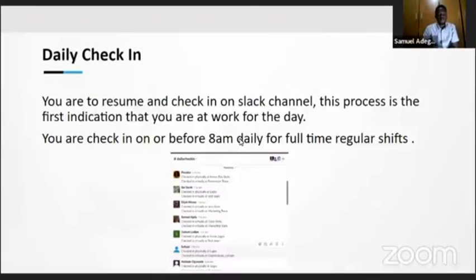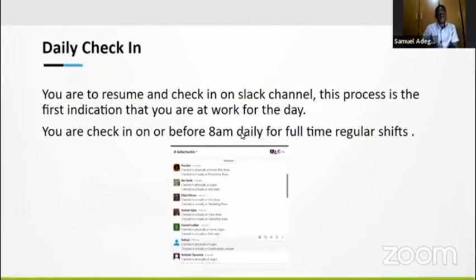I think we've come to the end of tools and organizational